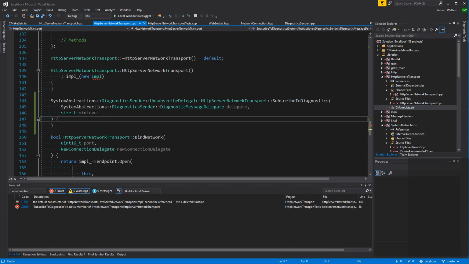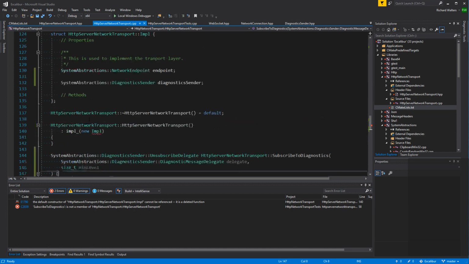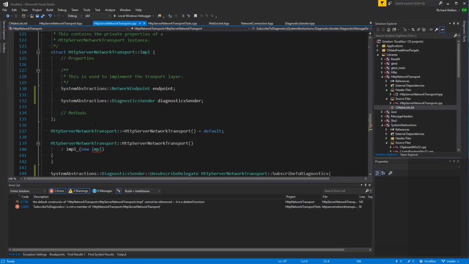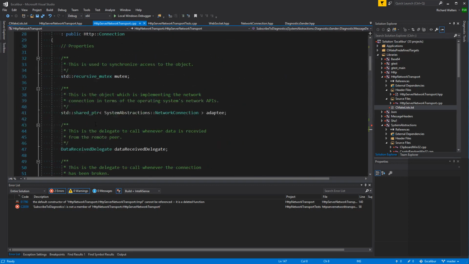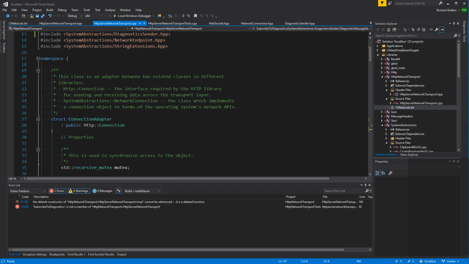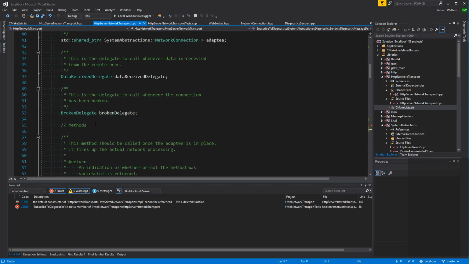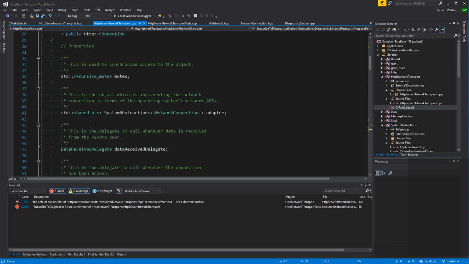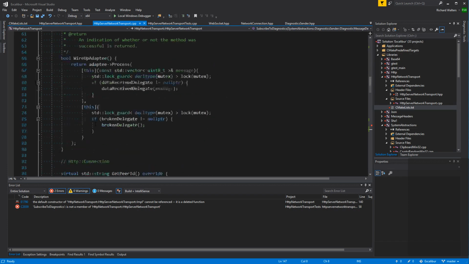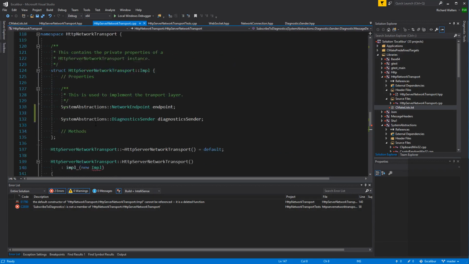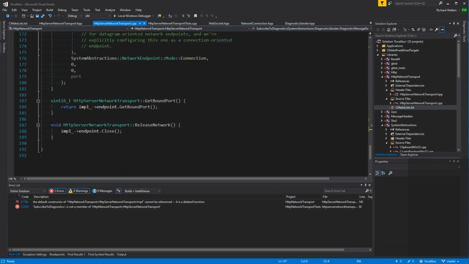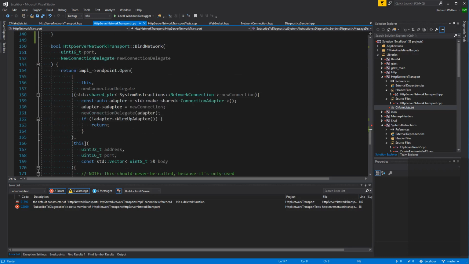So when we get a new connection, okay, we are making a shared pointer to the adapter, and the adapter doesn't point back to the transport thing.